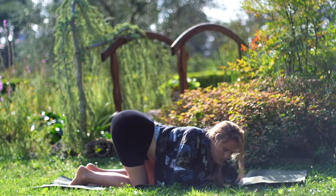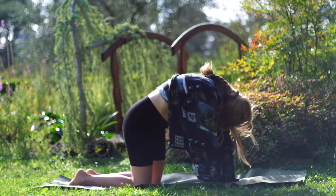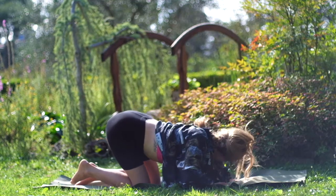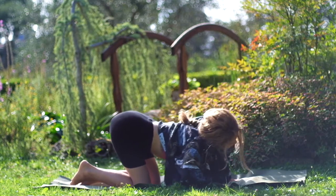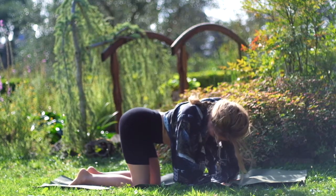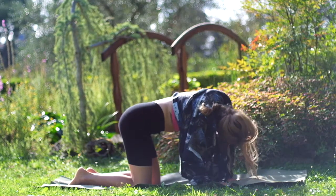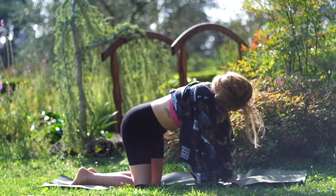Maybe move from left to right, front to back, coming lower, bending your elbows. Just flow freely from side to side. Let your breath guide you. And then slowly find your way back to the neutral tabletop,